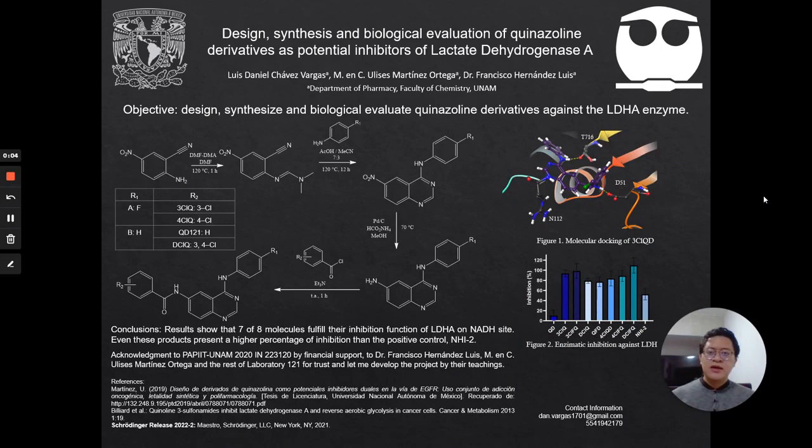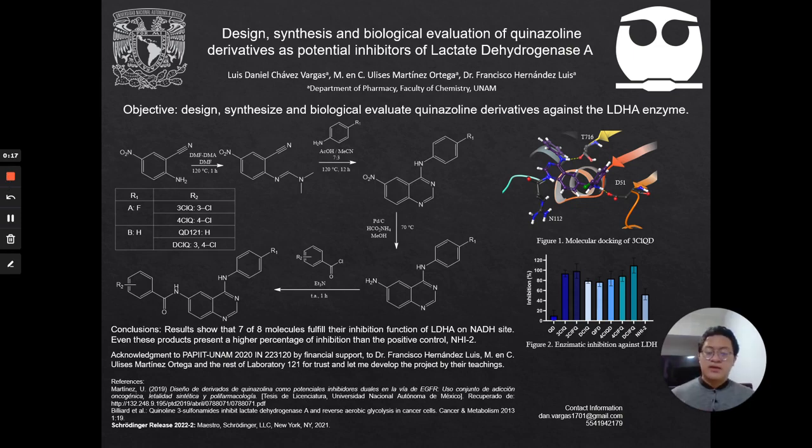At first instance, it is observed that only the QD compound does not present an adequate inhibition of LDH, since its value is practically null. On the other hand, the DCLFQ compound presents an inhibition percentage value bigger than 100%, which could be considered a mistake, but it's not necessary, since there is a probability that this compound absorbs a certain amount of light from the emission source, producing an increase in its fluorescence value and making an illusion of a higher concentration of